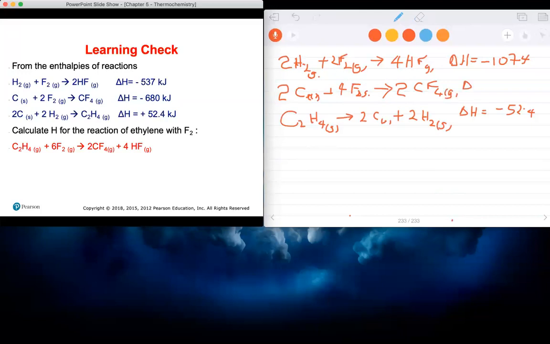So we multiply by what? We multiply by 2 also. 680 kilojoules times 2. I'm multiplying it by 2, and this is negative 1360 kilojoules. So if I cancel out, to get the overall,